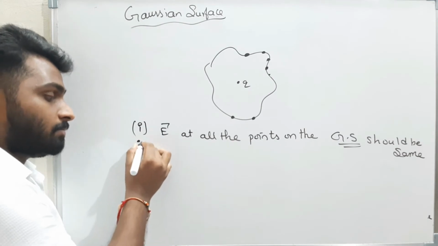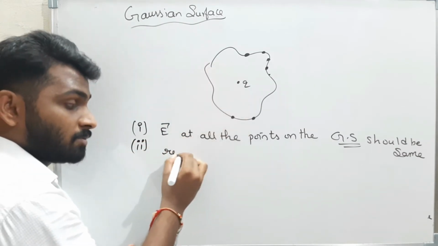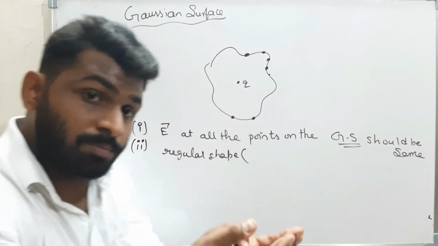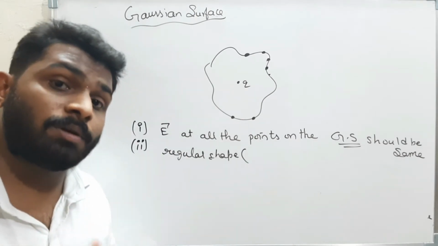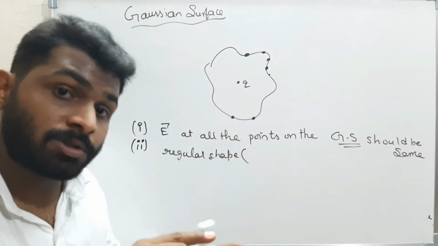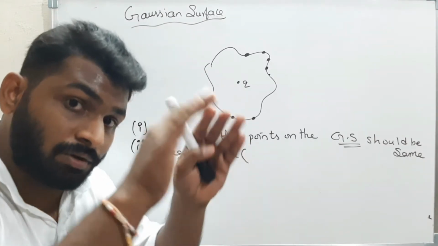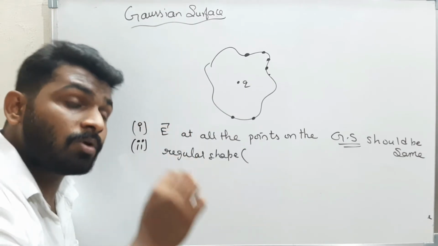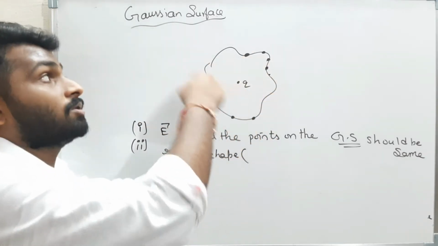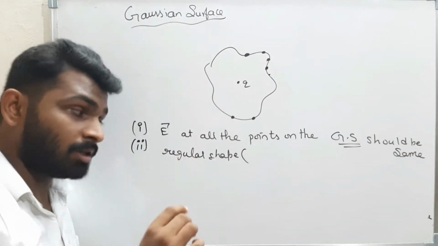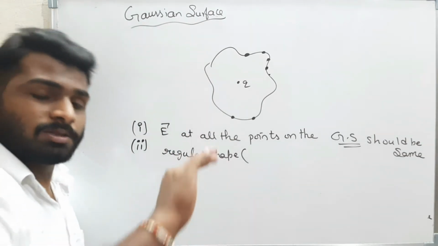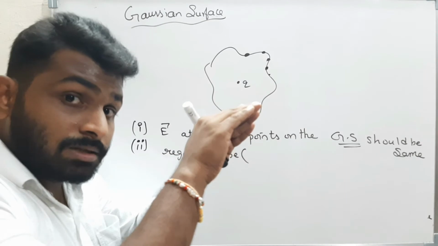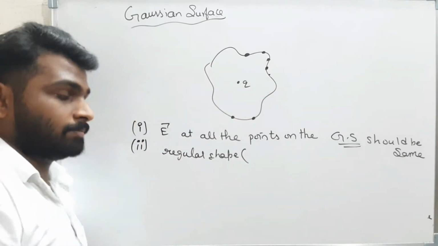Now second one, this should be taken in regular shapes, not irregular shapes. It may be a spherical shape, a cylindrical shape, a cone shape, a cuboidal shape, a cube shape. All these shapes we know the surface areas. For the bodies for which we know the surface areas, those bodies we have to assume as a closed surface, as a Gaussian surface. For solving the problems easily, we have to assume regular shapes, any shape for which we know the surface area formulas.